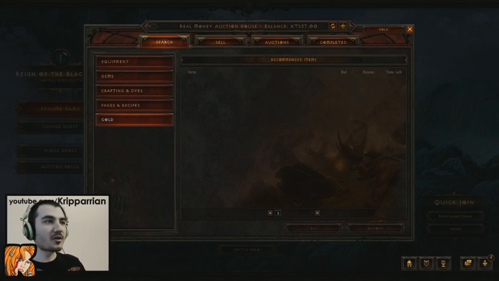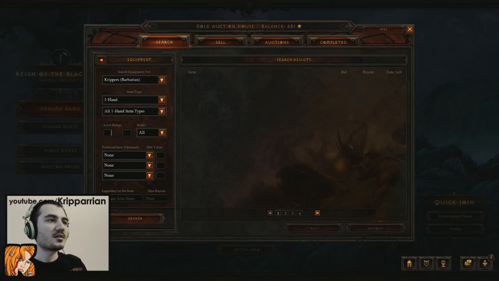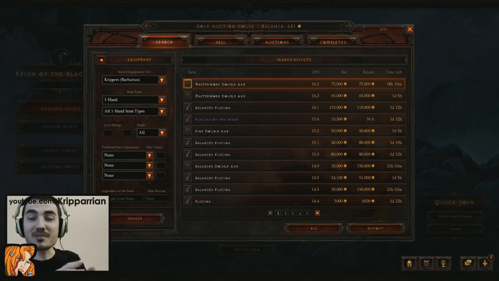So don't be fooled. My point is, okay, let's go to gold. There's actually more items on the gold on the beta. So you go to equipment. Let's just go one-handed. I want the best one-hand in the game. I want to smash up some noobs. Let's go search. Oh man, 16.2, that's the best one. I'm going to buy that one up. You know, that's probably not going to be your best item. That's why they have all the search features, because